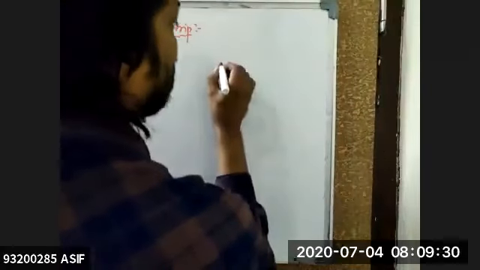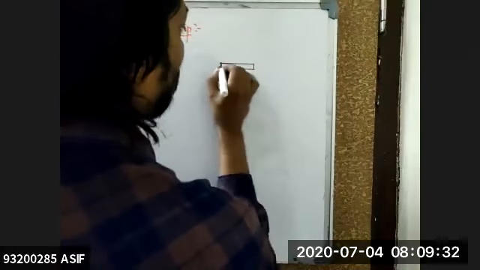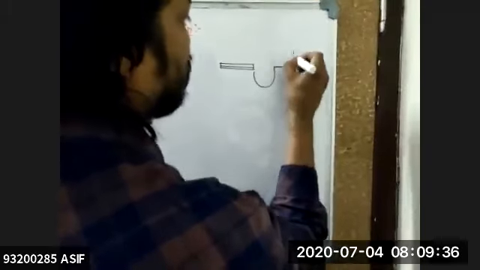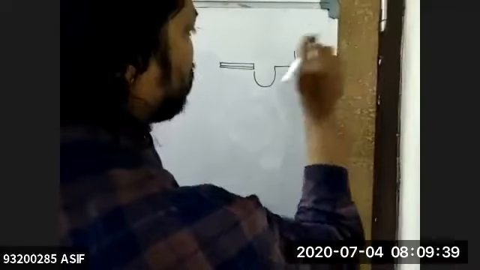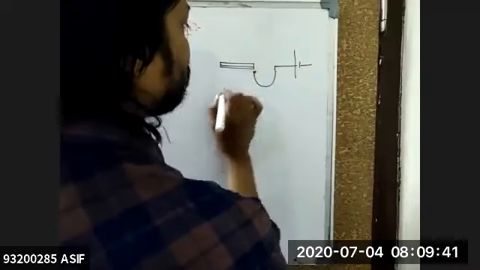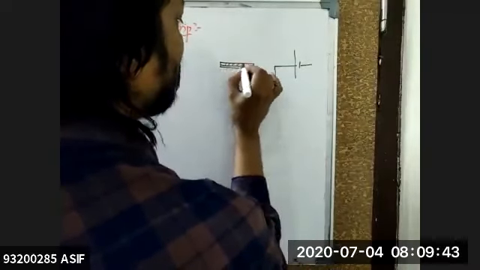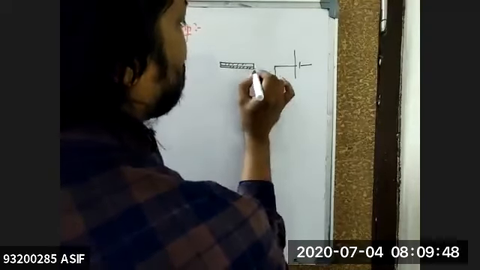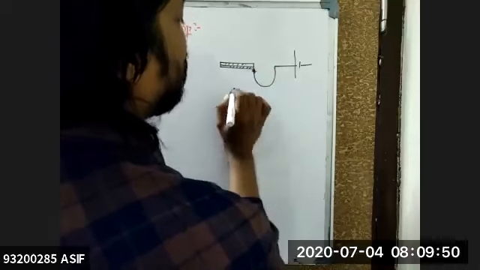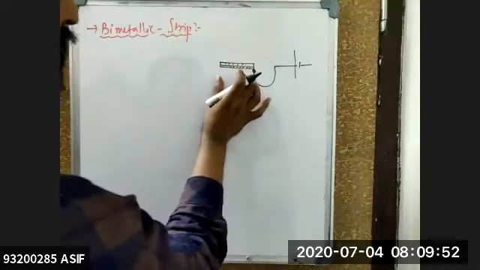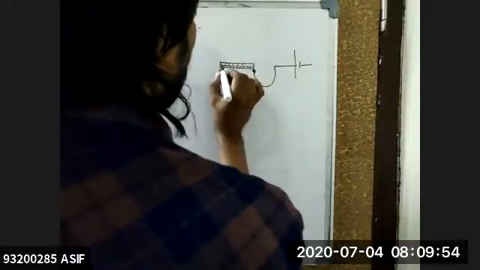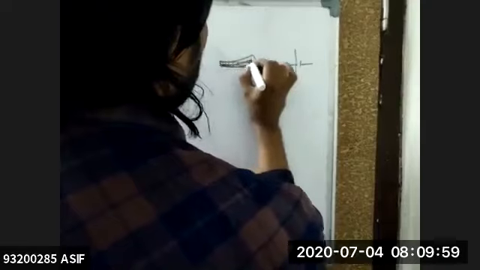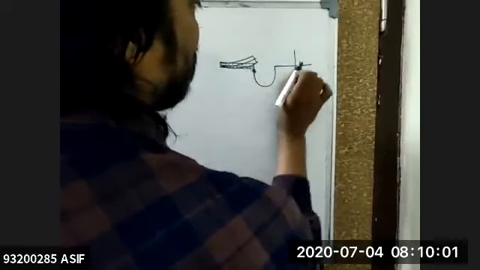Right now this is a combination of your bimetallic strip, these two together, and this will be, say for example, a circuit, and here there will be some battery connected to the switch part. These are made up of two different metals, beta. This is nothing but metal 1 and metal 2. When it is getting heated up, right now it is in touch with this one, isn't it? So it will go on heating. Once it gets heated, this metal will try to change its shape. This will become slightly like this, and this will go like this. That means it gets disconnected from the circuit.